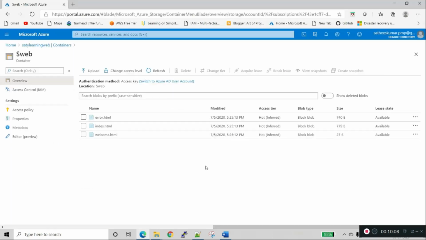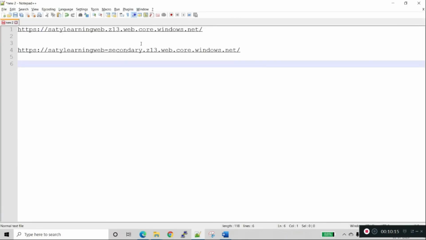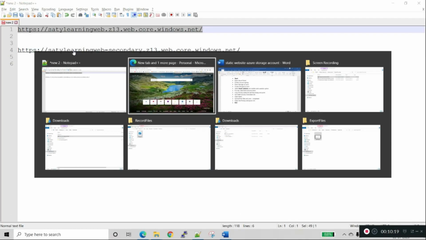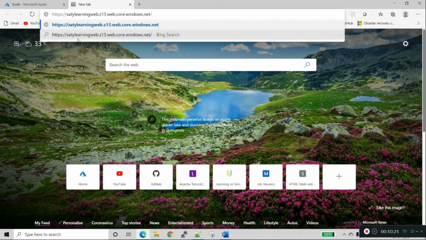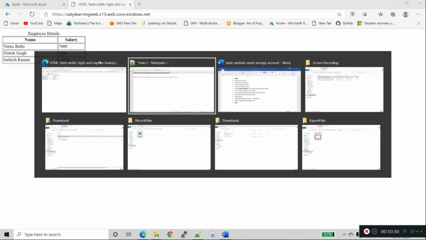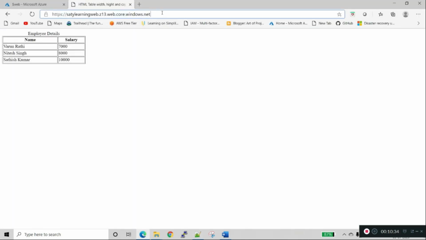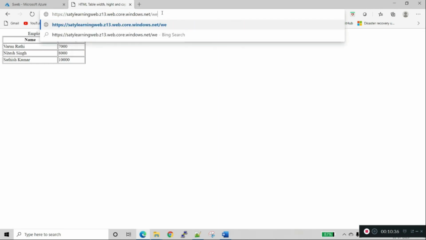Now we will open a new browser and go to Notepad and copy the primary root path. This is the employee details page which we uploaded, and this is welcome.html.